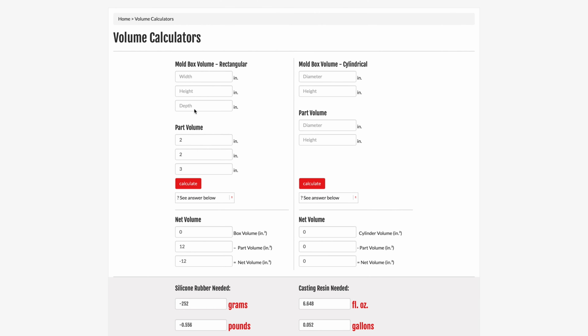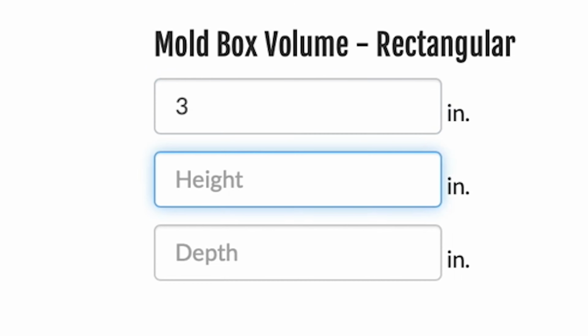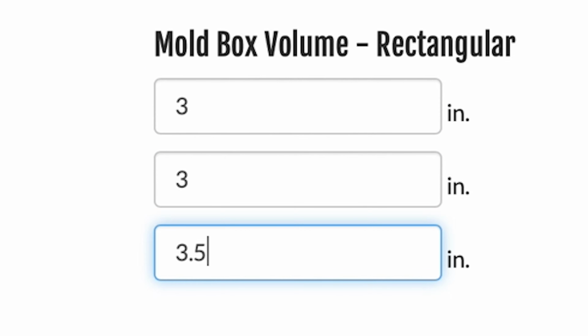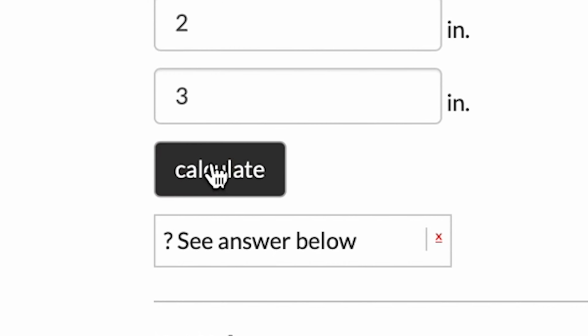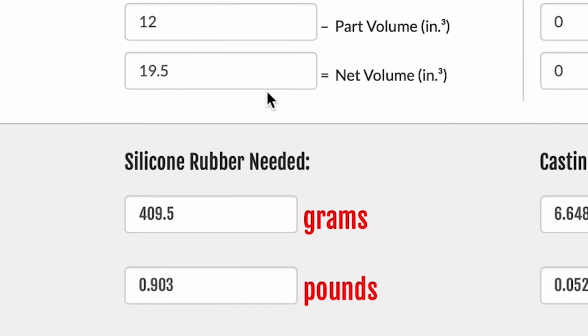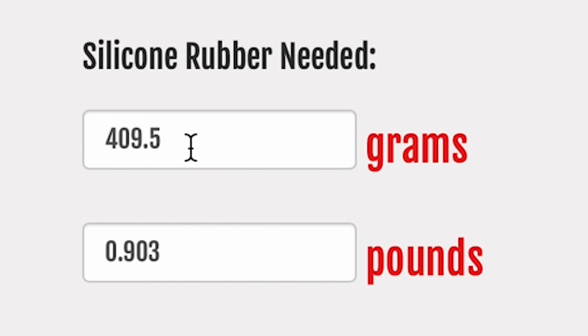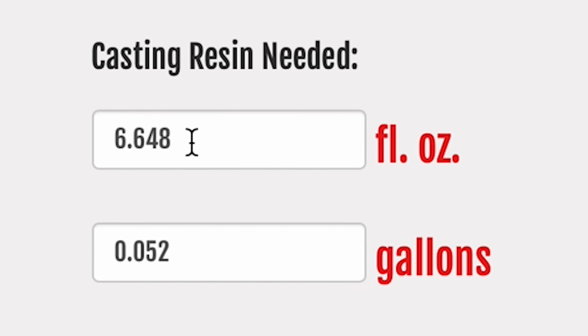If you're looking to add a mold box around that, you generally go a ½ inch around your entire part. So for this part, we'd go with 3 by 3 by 3.5. The reason why we don't add a full inch around the last value is because it's a one-piece mold, and one side of that mold is going to be the open cavity where you pour your part, so you're not going to have a ½ inch on that side. Once you hit calculate, you'll see that you need roughly 409 grams of silicone, and again, your 6.7 fluid ounces